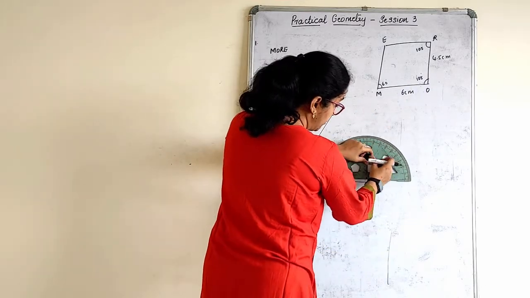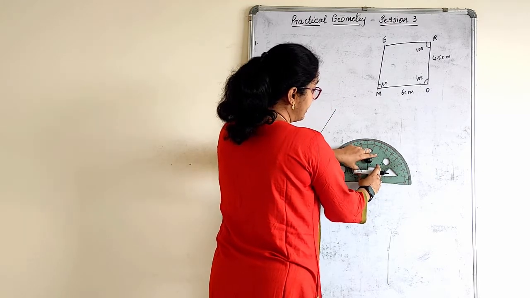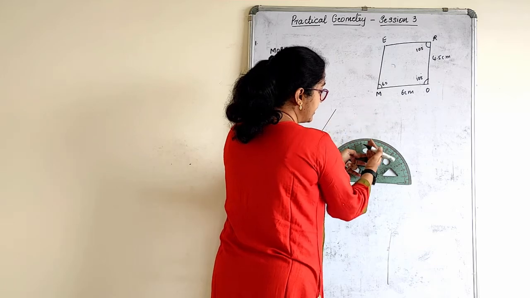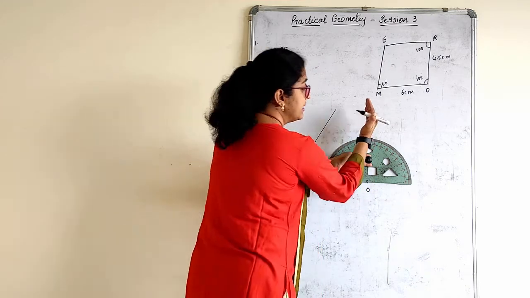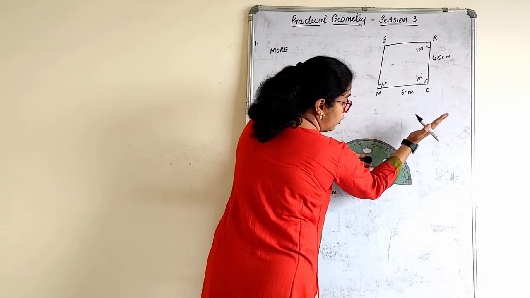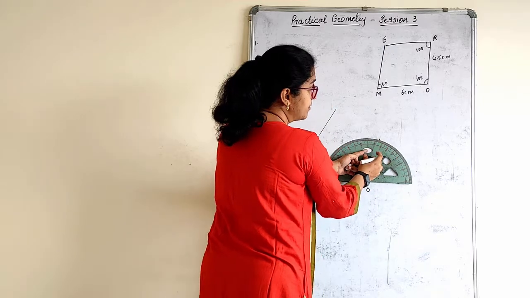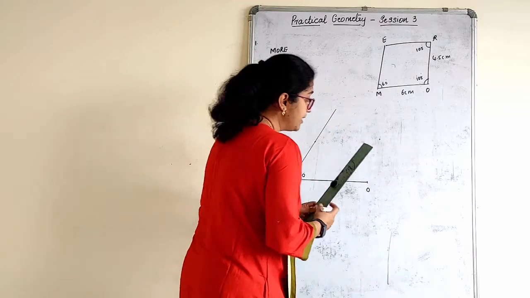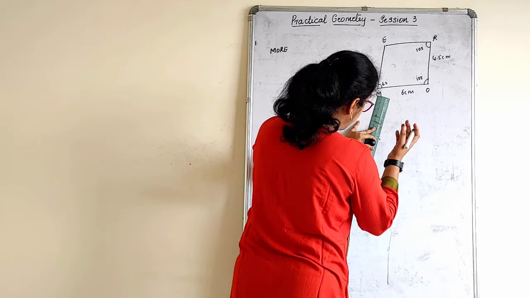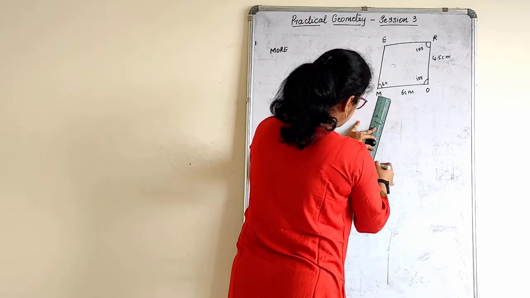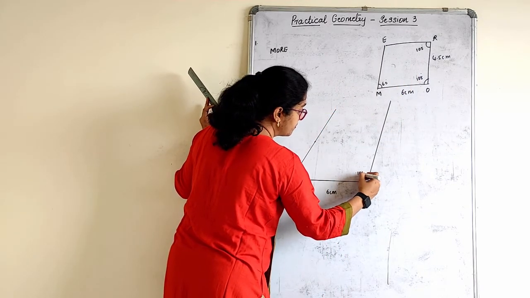105 degree. Keep your protractor here, your point coinciding with the line. 105 degree. Now just see, this is 90 degree. If I come this way, it is less than 90. Now if this is 90, I have to go more than 90. 100, 105 will come here, right? So always be very careful with the acute and obtuse angles. Till where should I mark? I don't know. Why? Because it is just 105. Let me mark here for 105.